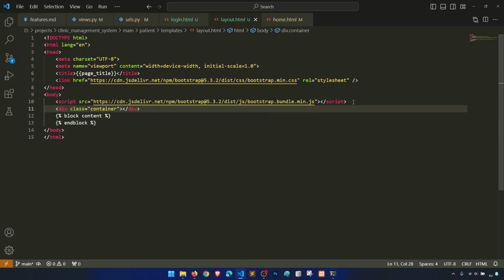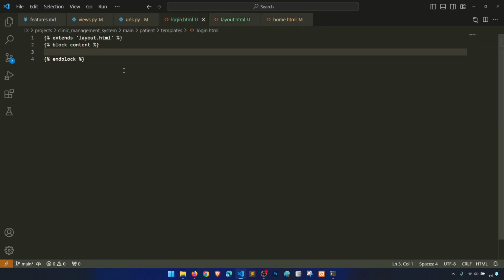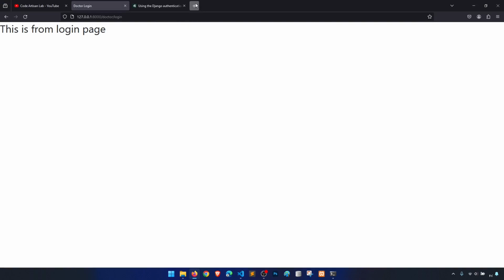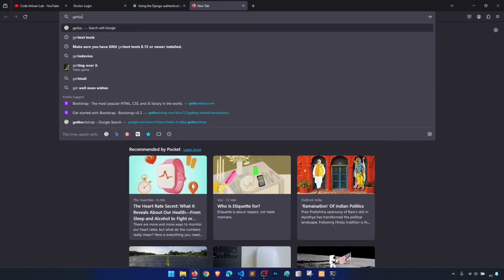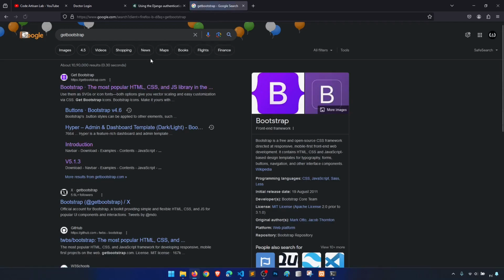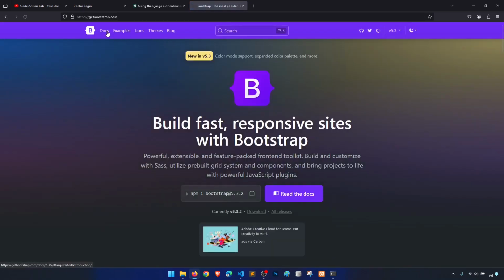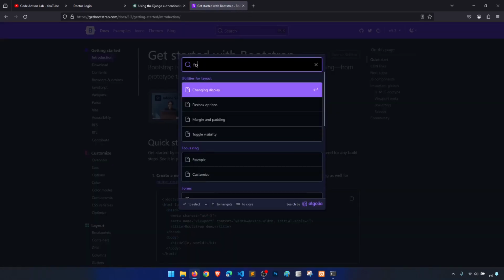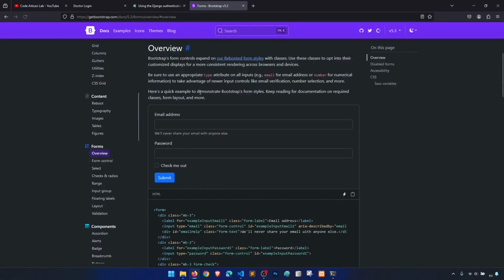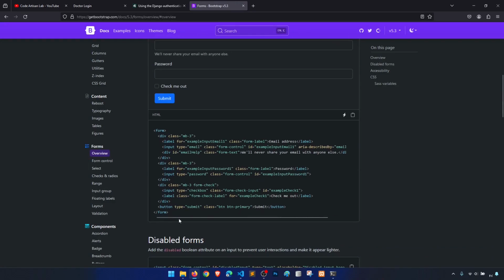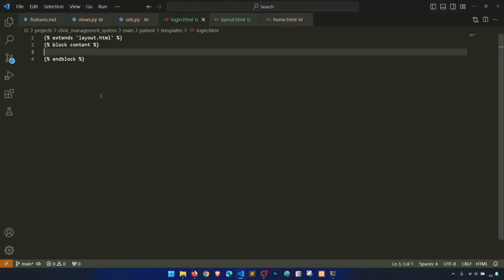The container is a box style, where the width of the container is something like 1100 pixels in Bootstrap, right? Then we have a login page. Let's go to the Bootstrap documentation, get Bootstrap, this one. Then we'll go to the docs, then to the form overview. So this is the email address and password, right? So what we will do, we'll copy this form, and we are in the